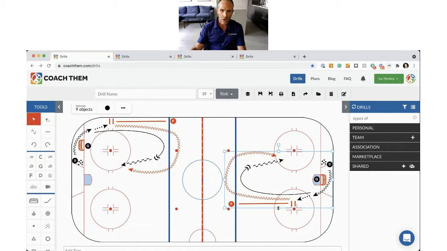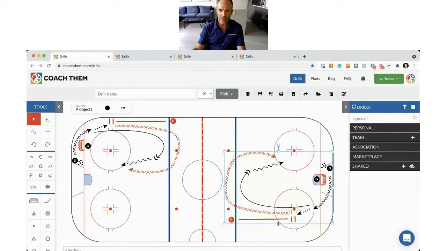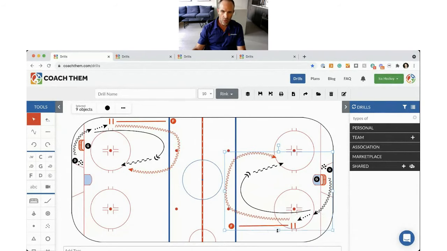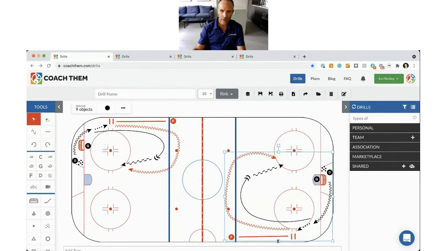Now we're getting to the selection. So look at this. Now if I put my mouse over here in the square, it turns to an arrow up and down. So from here, we're able to drag it, and it basically stretches it. So we basically brought it from a station-based drill to a full zone drill.